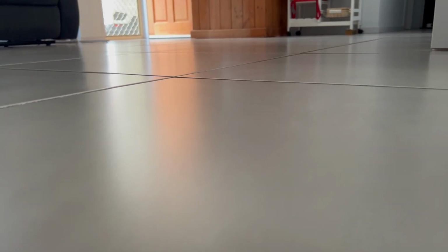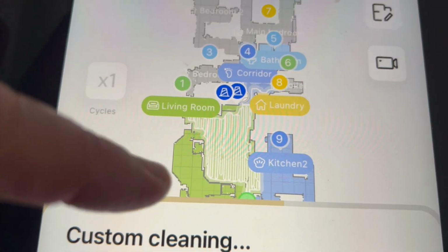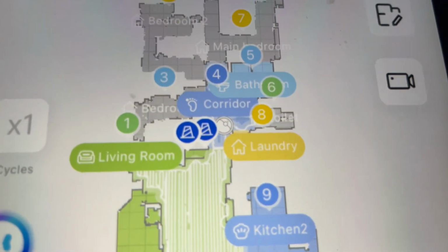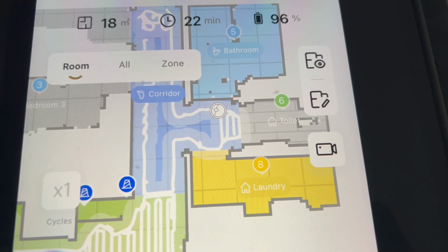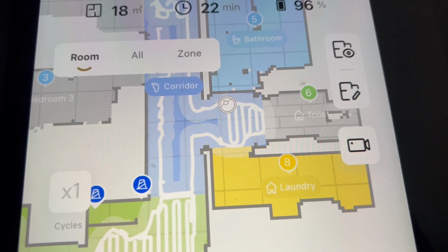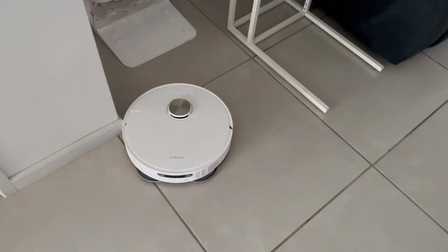Now, there's the lounge room floor, okay? Just show you there, in the glare of the door you can see. And there we go, in the hallway there, we've done all the lounge room, you can see. Okay, it's about to come back, so 18 square metres. So it won't be long now till it comes back for another mop clean. And so I reckon it might just get the hall done, maybe not. Might not get to finish the hall, but it'll come back and do a mop clean. You can see on the map there where it's going. And it's up there in the hallway, it's around that corner there. Okay, so when the unit finally finishes,